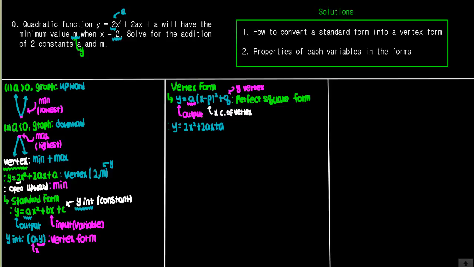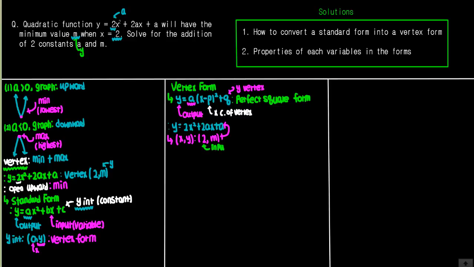But we can use the property that we used from here. So at first, let's write our function's vertex (x, y), which is the vertex's coordinate. So when x is equal to 2, our y value will turn into m. Then we can input our values into our original function. The reason is that we know p is going to be the x value, which is the input of our function. But then 2 here becomes the input